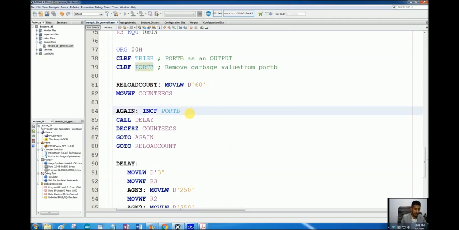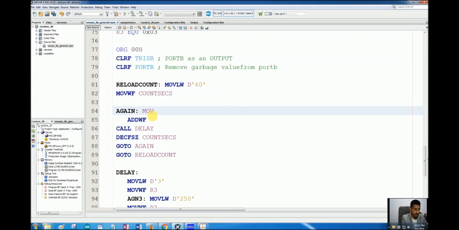At this point here, when we are incrementing the port B, we want to decimal adjust its value to make it BCD instead of hexadecimal. What we can do here is add working register and file register.